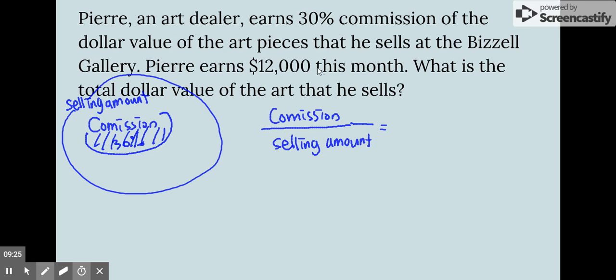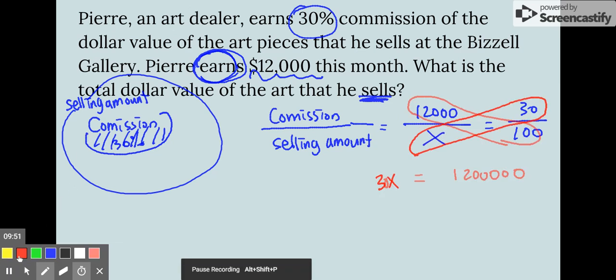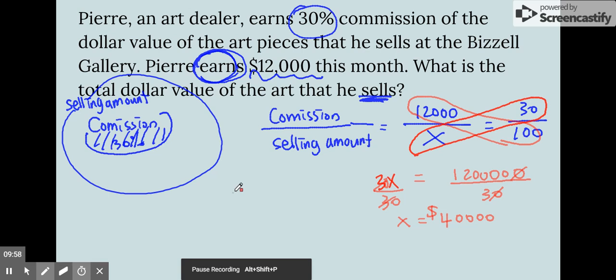So now it says it's 30%. So I'm going to put 30 over 100, and you earn this amount. So this is your commission over the selling amount. He's a dealer, and you earned it. So commission is going to be on the top, right? And we're looking for the dollar value he sells. We're looking for the selling amount. So x should be at the bottom. So if you do cross multiplication, then you can write this, and I'm going to simplify. So you sell $40,000. So your